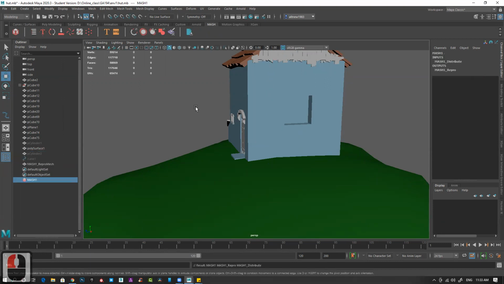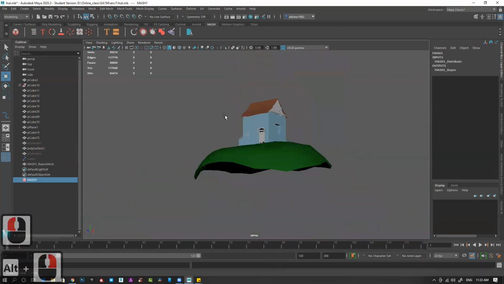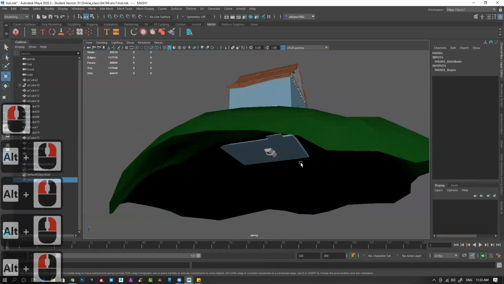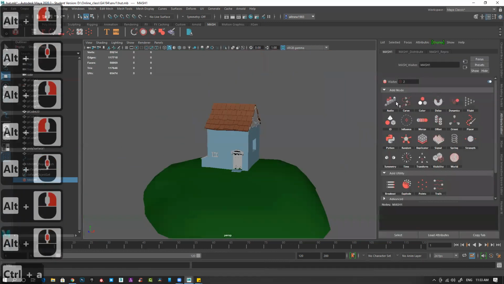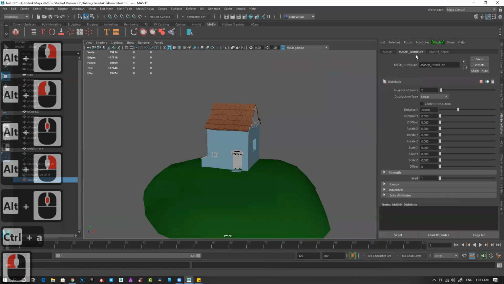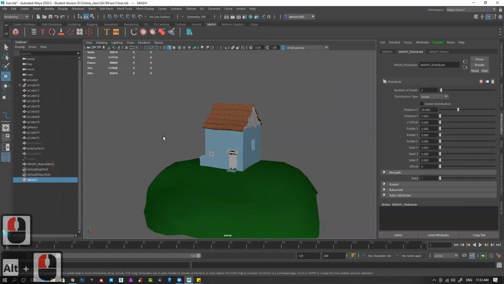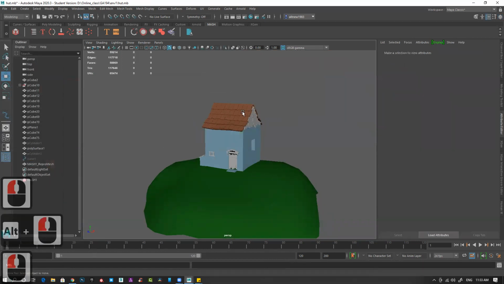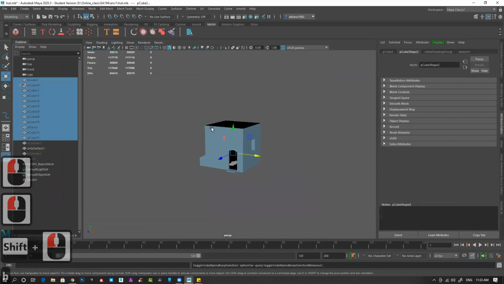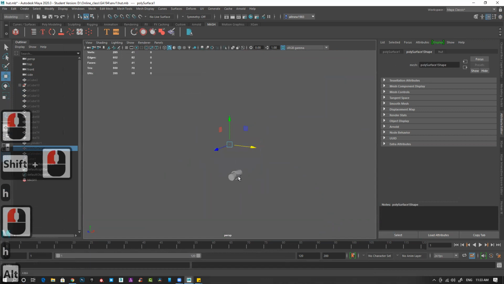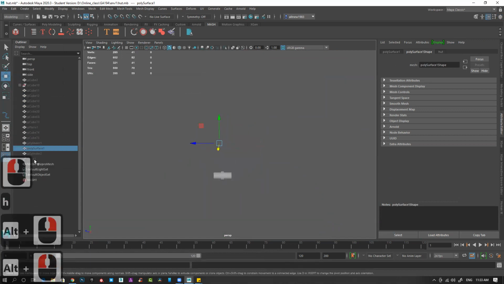Click on this, and it will vanish. Just give me a second. So, distribute. Under distribute, let's hide this, and click curve.